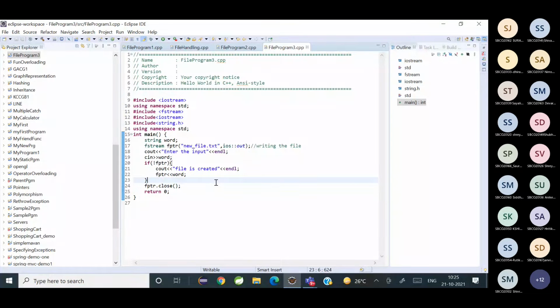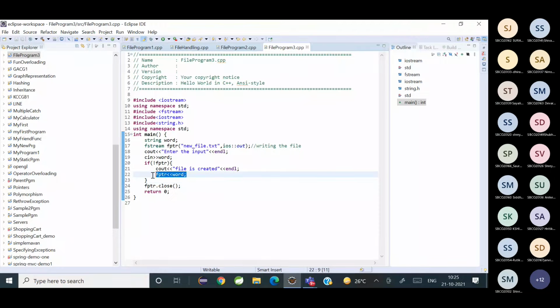Okay, if the file is not available and you try writing to a file, what happens? Come on, students, please reply. The file is created. The file is created.